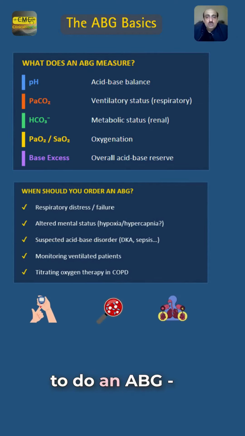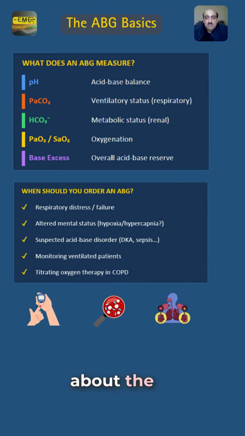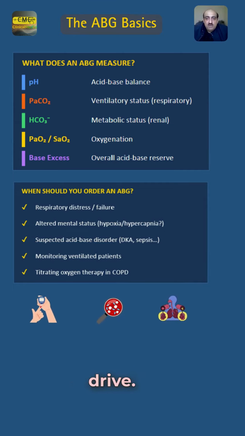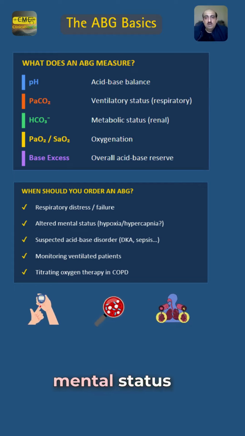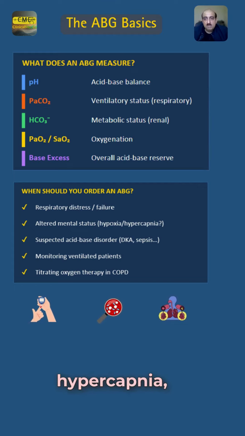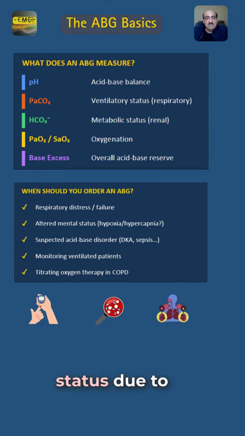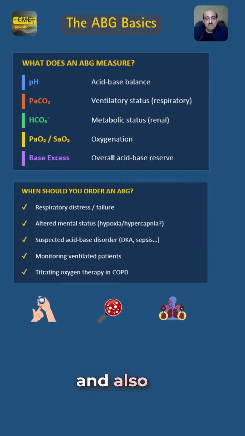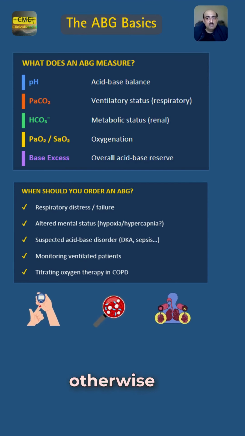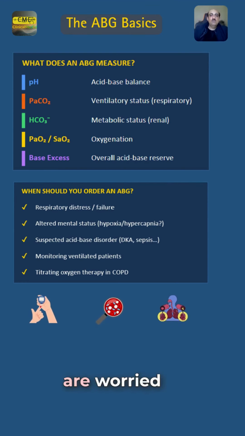Clinical indications to do an ABG, obviously whenever you're worried about the respiratory drive or the ventilatory drive, so whenever there is oxygenation or CO2 problems, altered mental status due to hypoxia, hypercapnia, when you're worried about the acid-base status due to any reasons, DKA, sepsis, etc., in ventilated patients, and also when you want to titrate oxygen therapy. Otherwise, the VBG is good enough, but if you are worried about oxygenation in COPD, then ABG is a gold